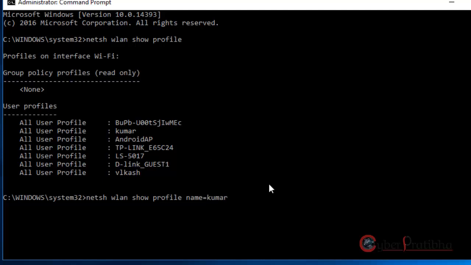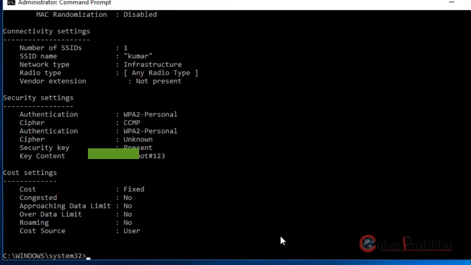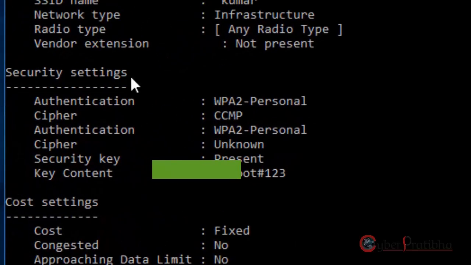This is the SSID profile, and key=clear, right? Then you can see the SSID name and the key content. This is the password of the Wi-Fi.